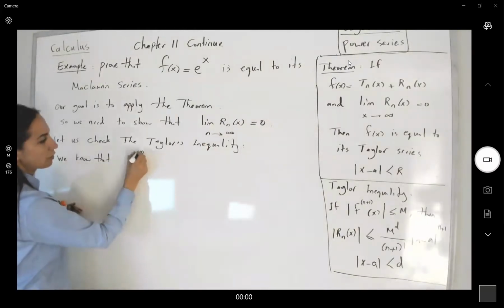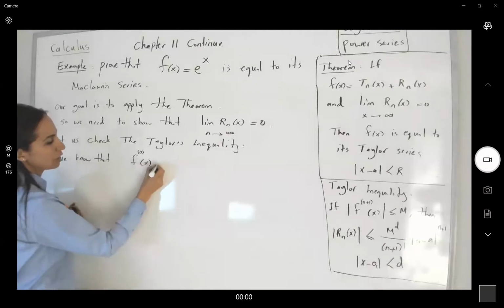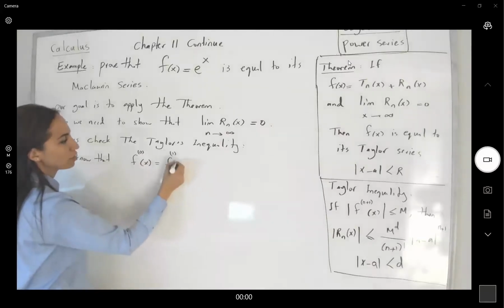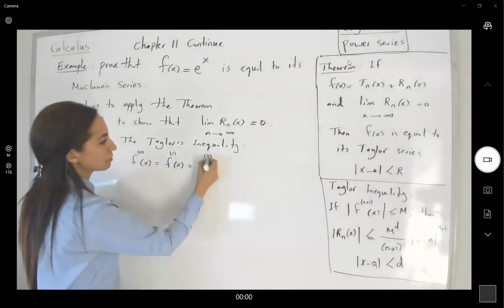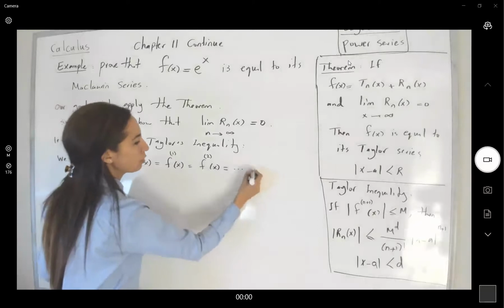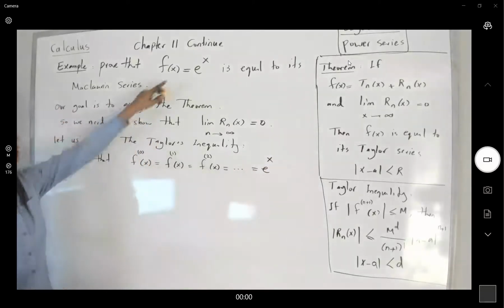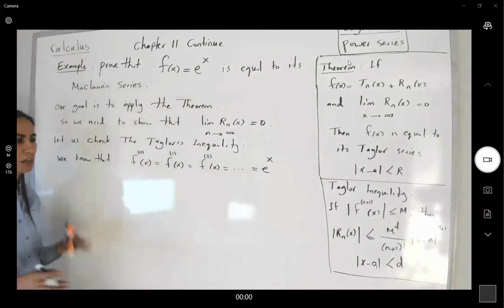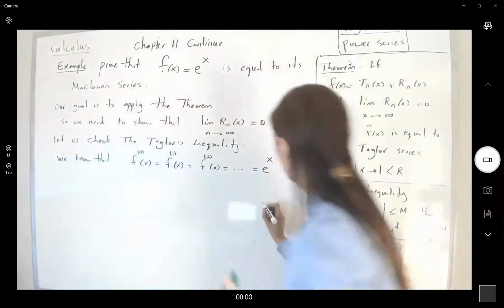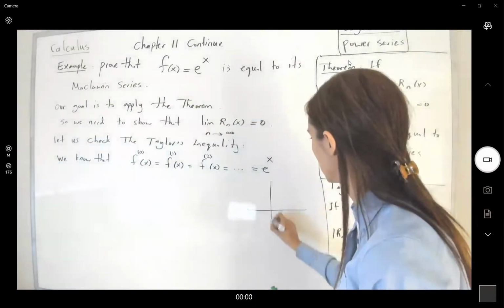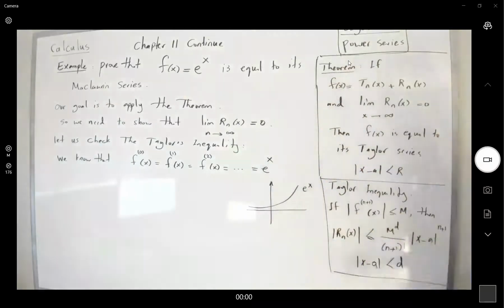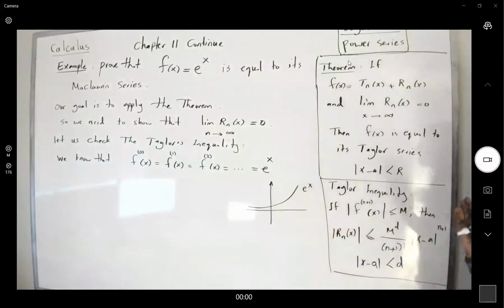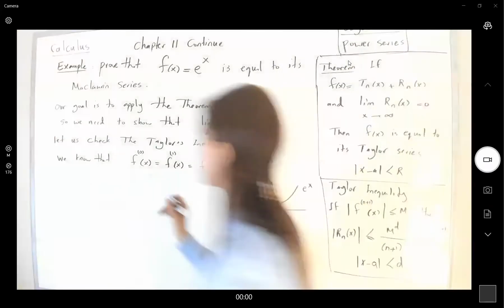We know that the zeroth derivative of e to the x is equal to the first derivative, is equal to the second derivative. They are all equal to e to the x. For the exponential function, remember e to the x, the function behaves like this. This is your function, e to the x. But note that we have boundaries for our x, the absolute value of x